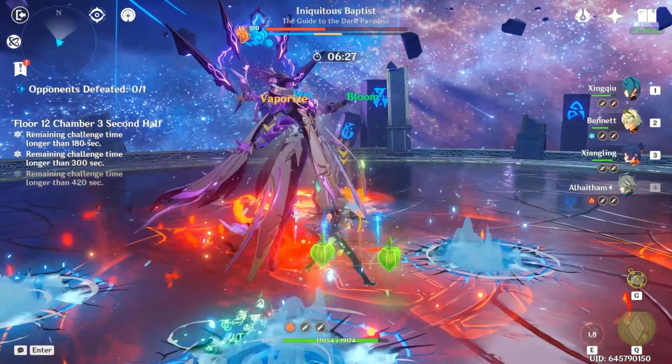But in the first half of chamber 3, it's a completely different story. These things are pretty annoying and have a lot of HP. With just over 2.3 million combined health, the first half of chamber 3 has the most HP in floor 12. So you'll probably need stronger artifacts, teams, or both to be able to 3-star this chamber with any of the